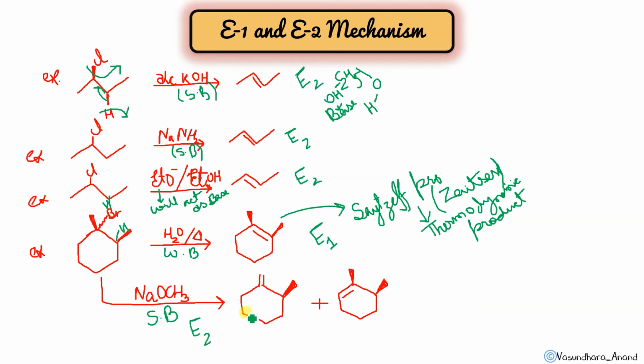Here is the product, like this. Now the thing to think about here is why we did not get that kind of product when it is an E2 reaction. Why don't we get the Saytzeff product? No one is the Saytzeff product. Yes, in this case, let me explain how it came. No Saytzeff product.